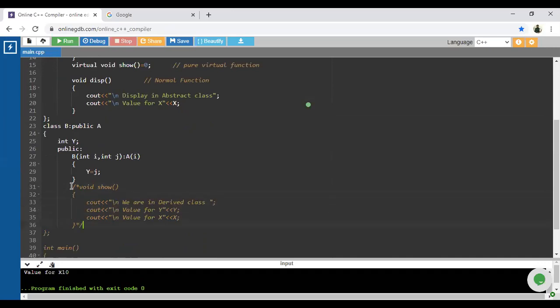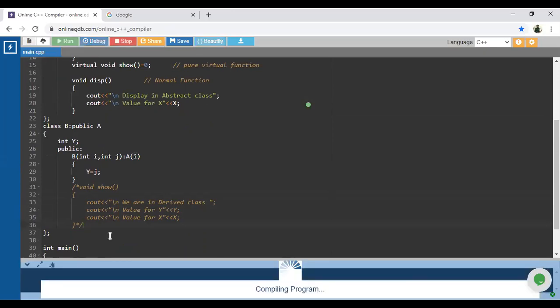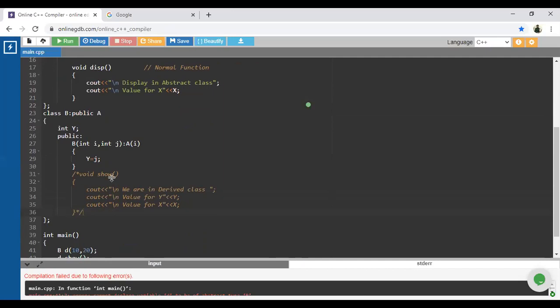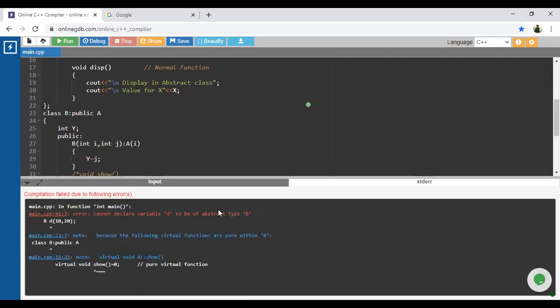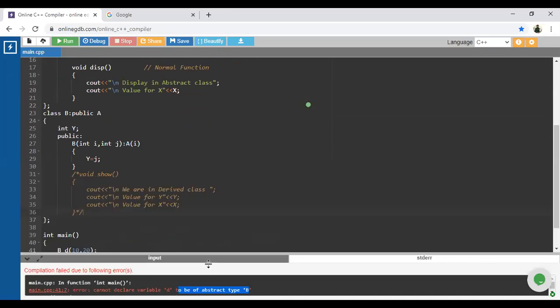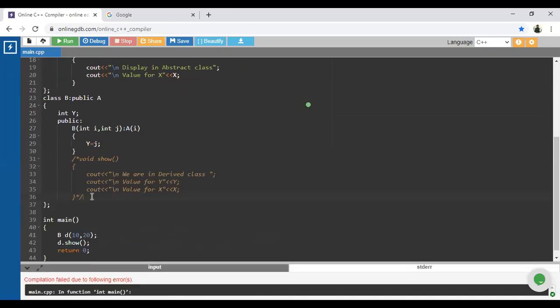If I forget to override the show method which is already defined in the base class as a pure virtual function, it will display the error. What is that error? Again, b is of abstract class type, because that pure virtual function is not overridden inside the derived class.